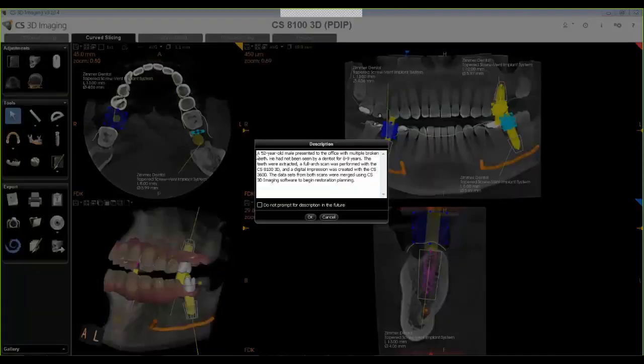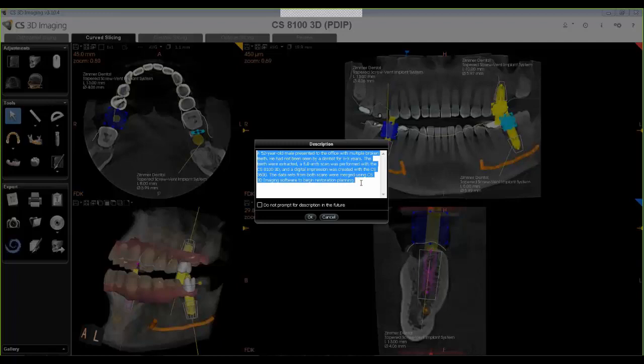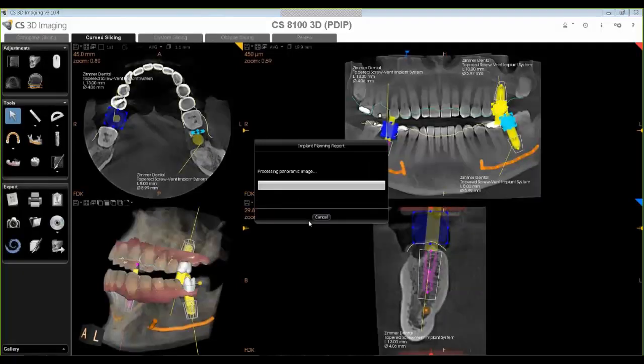Now in this case, I've already copied over the text for the diagnostic notes, but you could easily copy this over from your practice management software with a simple copy and paste. I click OK, and it's going to be generating a report. It's going to grab all of these images, and then it will dedicate a single page for each one of the implants. And if you look down here in the lower left-hand corner, you'll see that it also is going